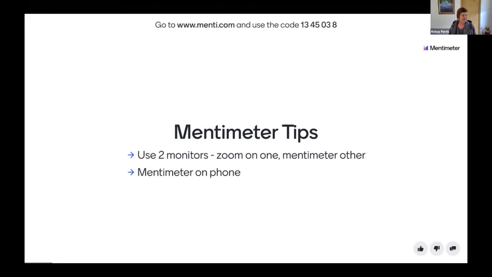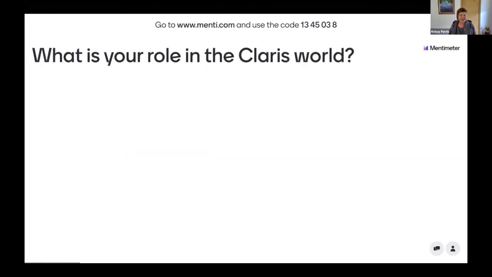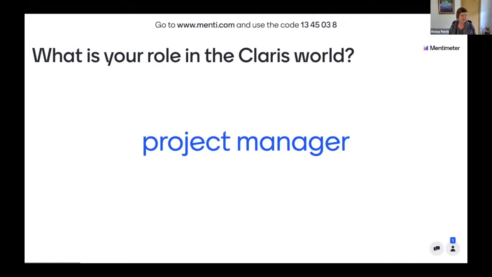So as you come in, when you get to that Mentimeter page, you should see a text entry box. And we're curious, what is your role in the Claris world? Whatever it is, you can submit it, and then you should see it magically appear on the screen.